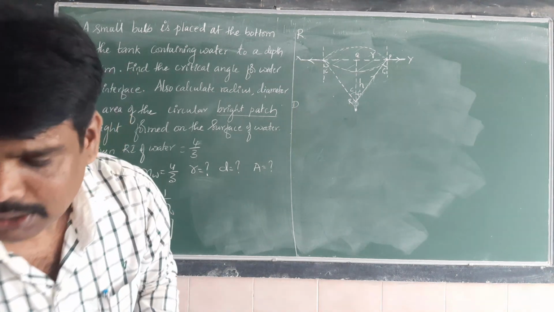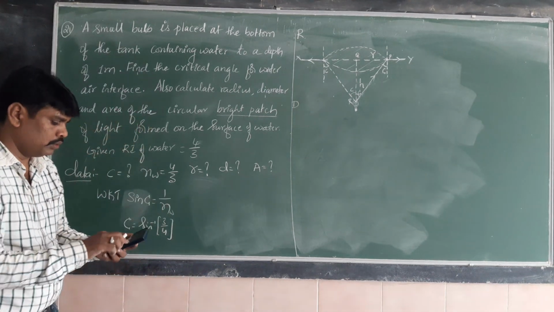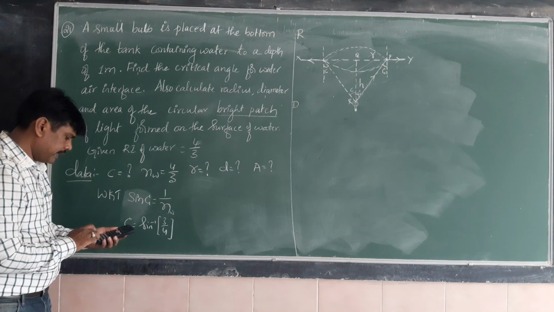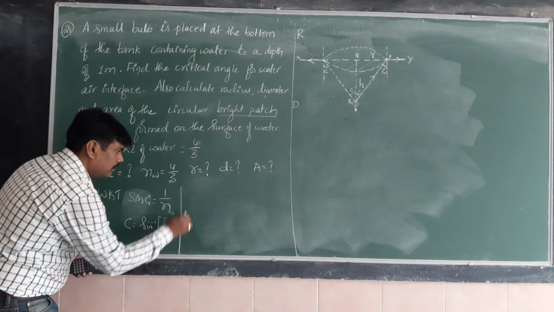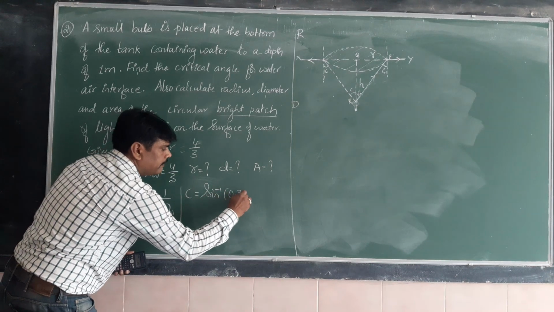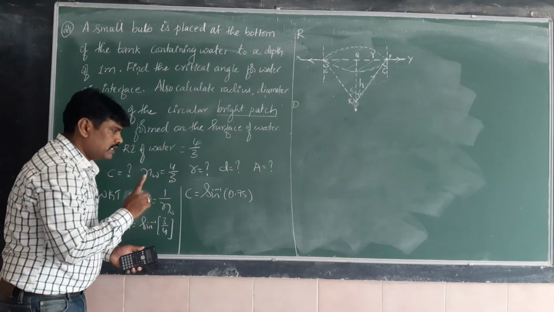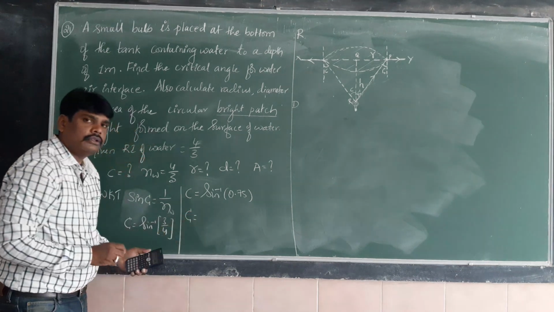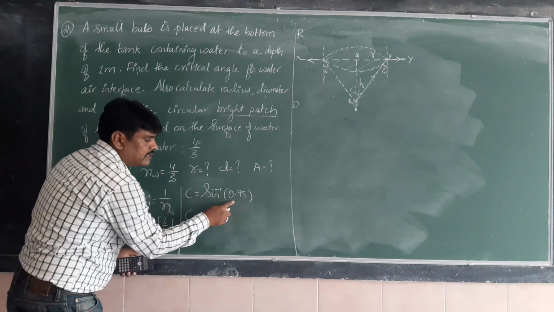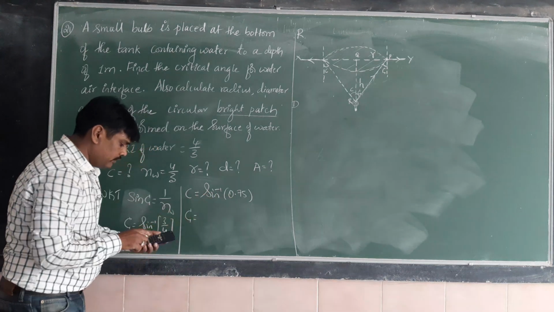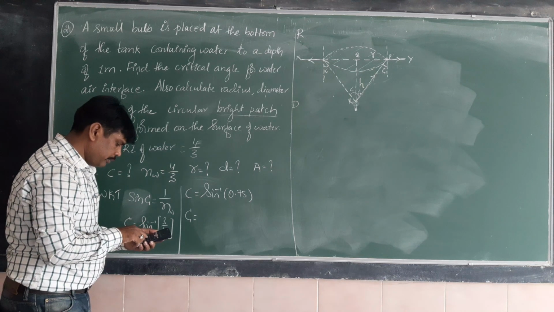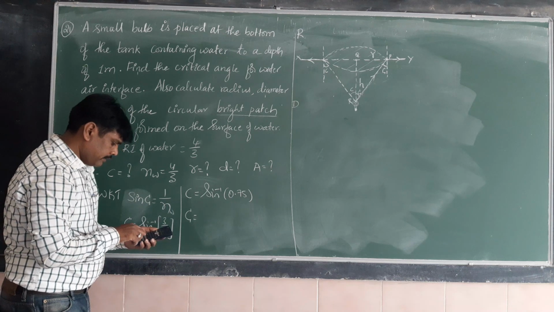Now you find the value. Very simple calculation. You can use the Clark's table to simplify this. So I will take the value 3 divided by 4. We are getting 0.75. So the critical angle C is equal to sin inverse of 0.75. You are not supposed to use the scientific calculator. You can use the class table to find this. Go for natural sines, there we search this value, and the corresponding degree and minute you will get. So I will take that value here directly. That value should be equal to the 0.75 value.